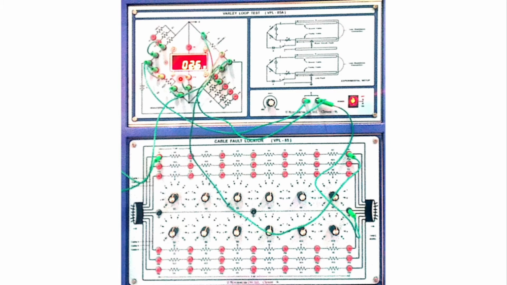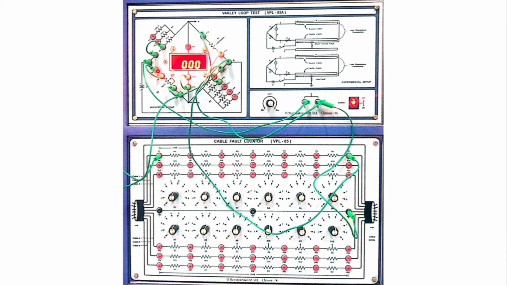You need to stop, and once it becomes 0, you need to find out the resistance in between these 2 points. That is, you need to find out the value of S, correct? So let us say for switch 1 it was S1. So let us find out the value of this. First you need to find out the value of R with the help of the multimeter. So what we'll do is we'll find out the value of R.